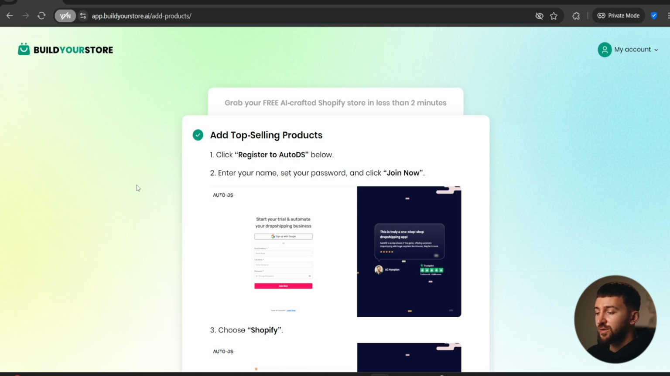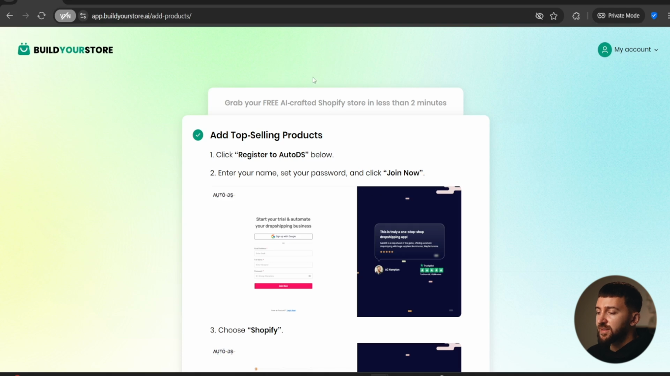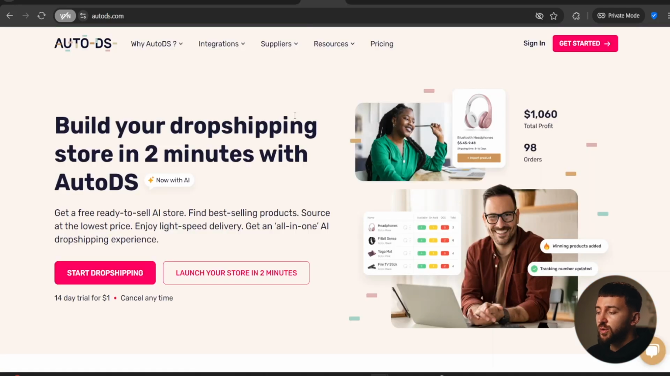And the next thing that we need to do is connect our store to a supplier platform so that we can import a product in order to replicate the original store that we wanted to replicate. And the supplier platform that we will be using is called AutoDS. Now, AutoDS is an all-in-one dropshipping platform. So it will allow you to import products. You can also use it for product research, and you can also use it for automating fulfillment, as well as